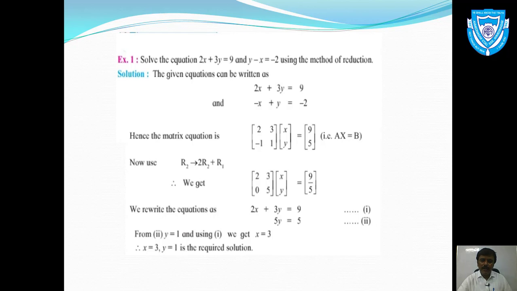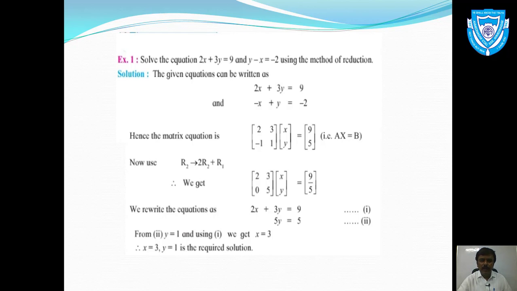In short, I can tell you that our aim, our target is to convert capital A into an upper triangular matrix or else a lower triangular matrix. What is an upper triangular matrix? What is a lower triangular matrix? That we have already discussed in class 11. But in short, I'll suggest you to think about the elements which are below the diagonal. ये जो diagonal है उसके नीचे वाला element zero लाना है, यही मेरा aim है. This is my target. So after performing this operation, you can observe that we get zero over here. हमें यहाँ पे zero मिला है.